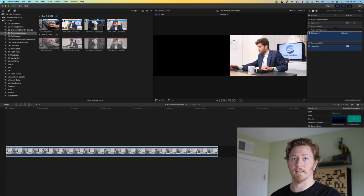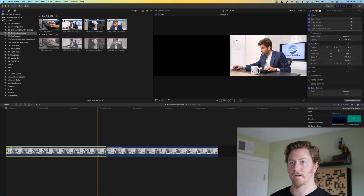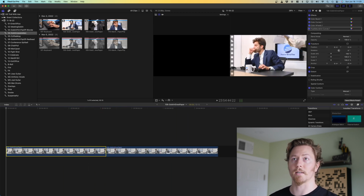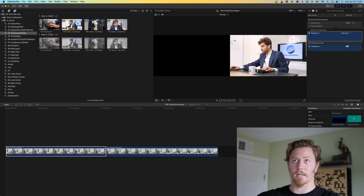And then when you use this in the edit, you can freely cut and place different pieces of that clip at different points in the timeline. Because how Final Cut works is if I split this right here, if I make changes to this half and I don't apply them to this half, then they're going to look like two different things. But if I use the compound clip, it's referencing the full clip, and then I can cut that reference